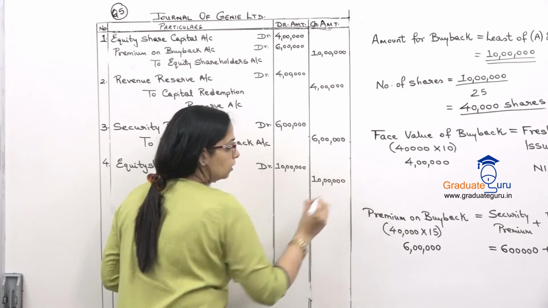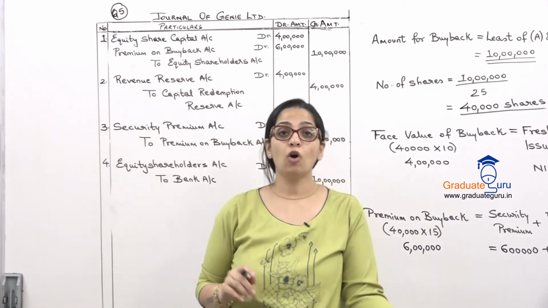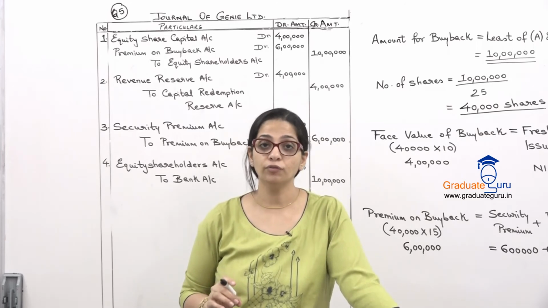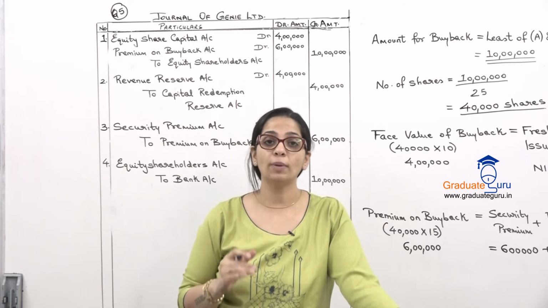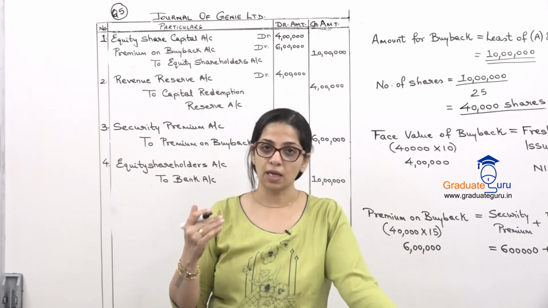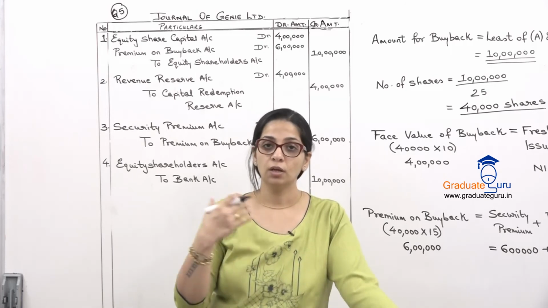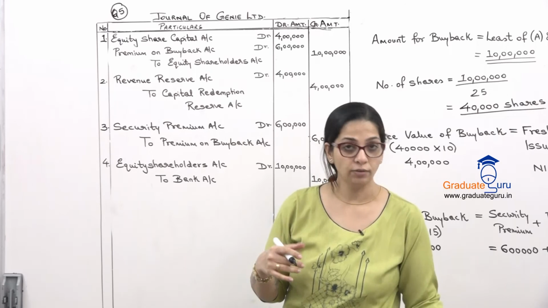Okay. So, this sum, what did we do new? We prepared the format to find out the number of shares. वो नहीं दिया था sum में. We calculated that how many shares the company had to buy back. After that, all our steps are same. We make the equations. We pass the journal entries. So, take down the journal entries and then we go ahead.